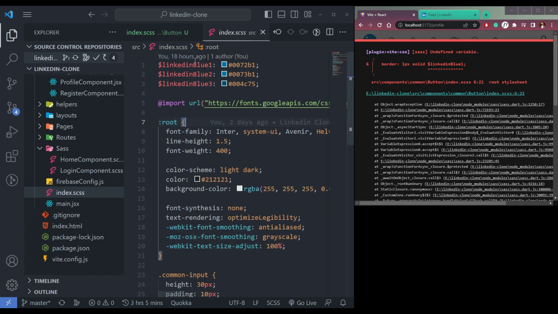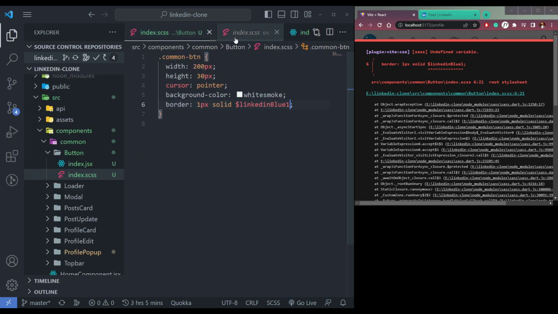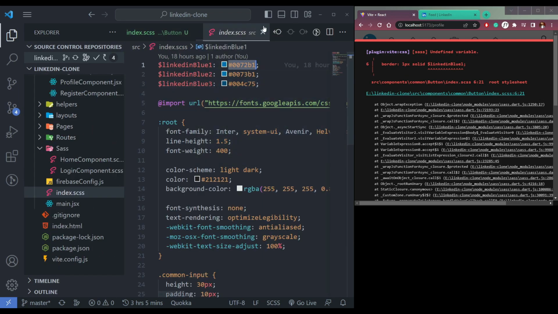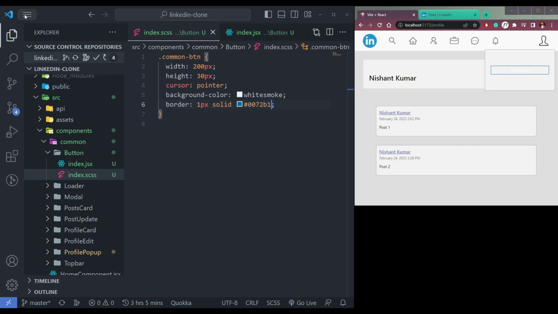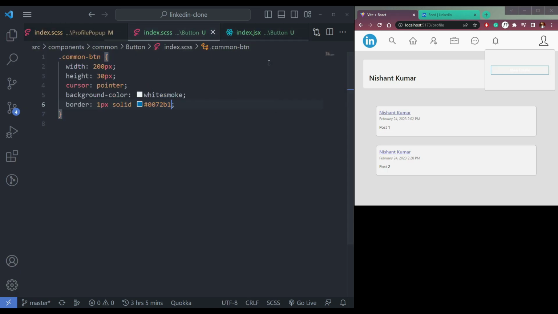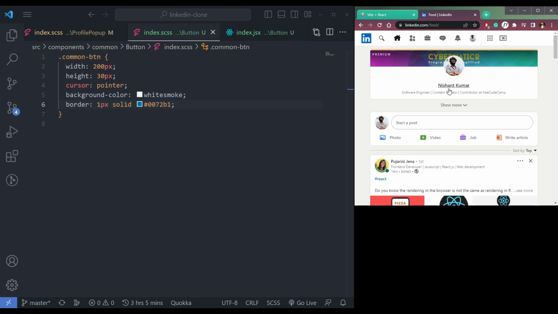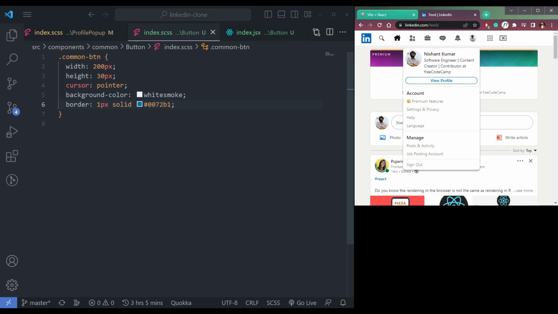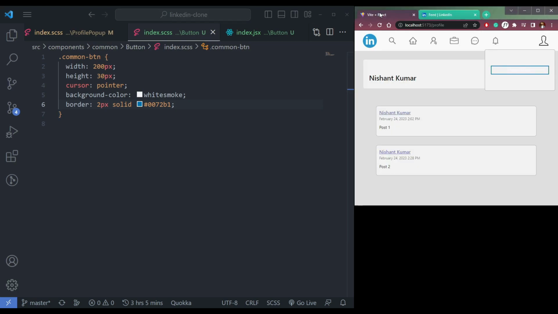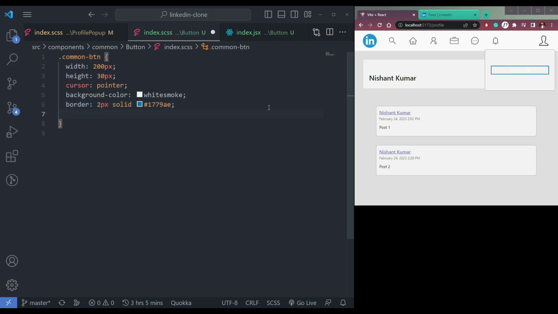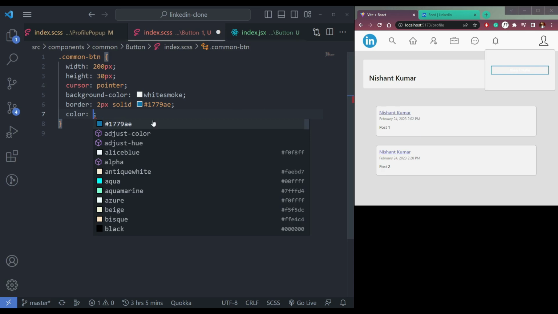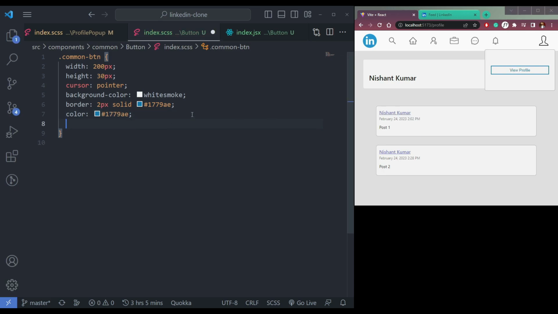Let's see what happens. Okay, it's not defined. So this is main file. Okay, just let me use the color here. I don't want to waste any time. You can just figure it out on your own, I guess. This button is now having a border. Fine. Now the color should be also the same color that we have here, but the border should be, let's say, 2 pixels. Yes. The color is little bit light, I guess. So just make it light here. Okay. Then say color, the same color. Fine. Border radius,